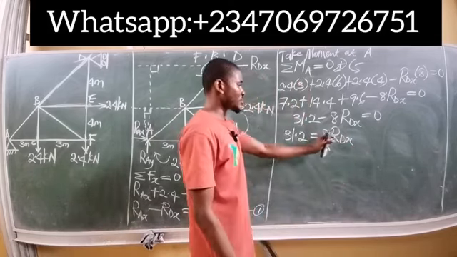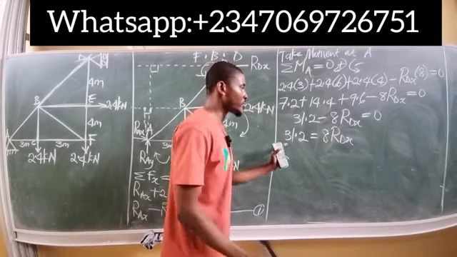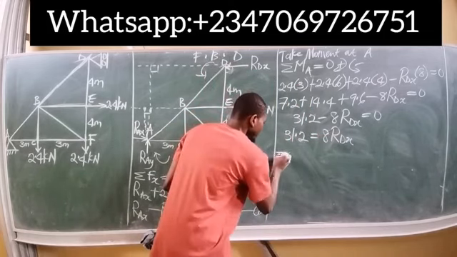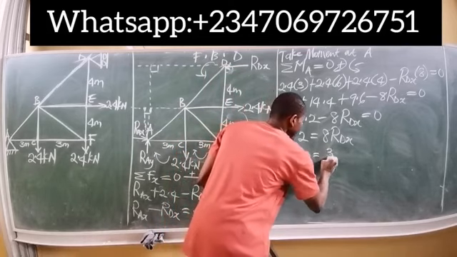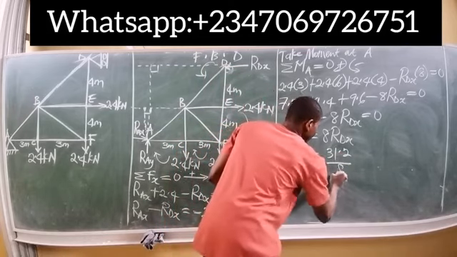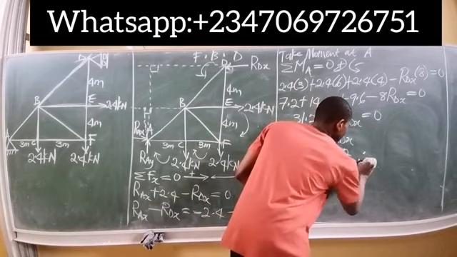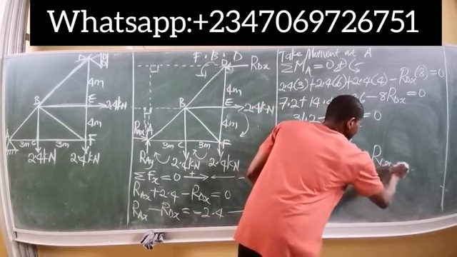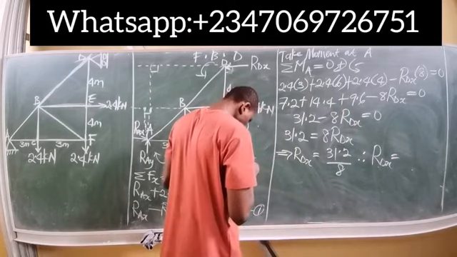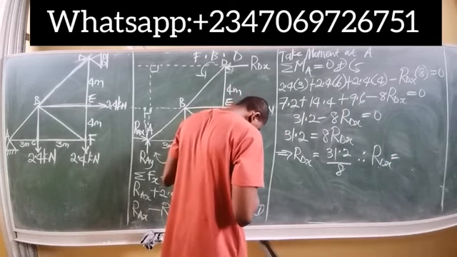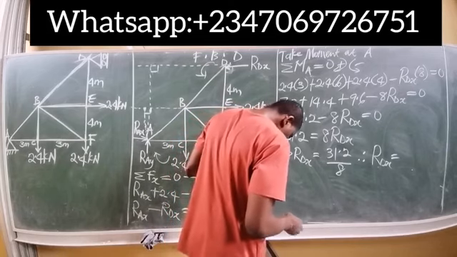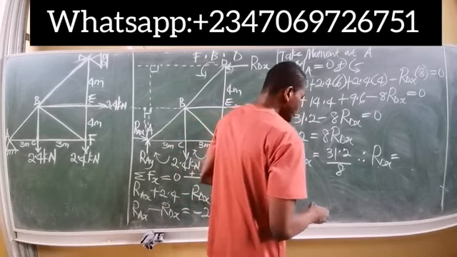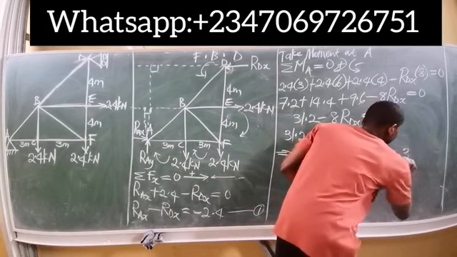So to make reaction at point D the subject, simply divide both sides by 8. So this simply implies that RDX is now equal to 31.2 all over 8, and therefore RDX is equal to, that gives us 3.9